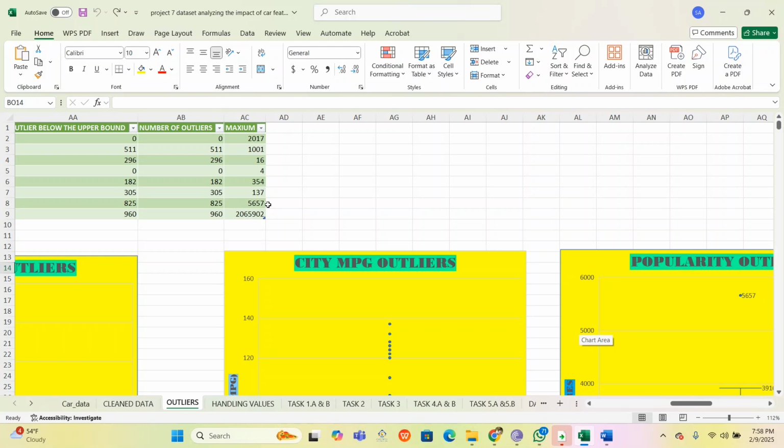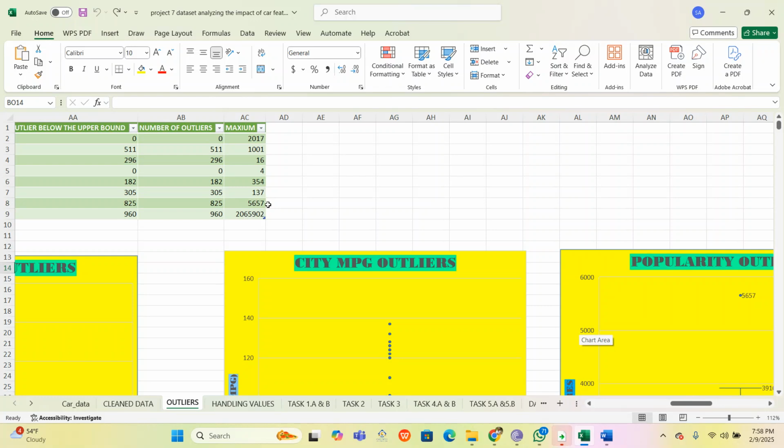All these we see as outliers, but actually most of them are not outliers. They really exist. An engine power of one thousand and one is available for that particular vehicle, so we can't consider it an outlier. A 16 cylinder engine is available,